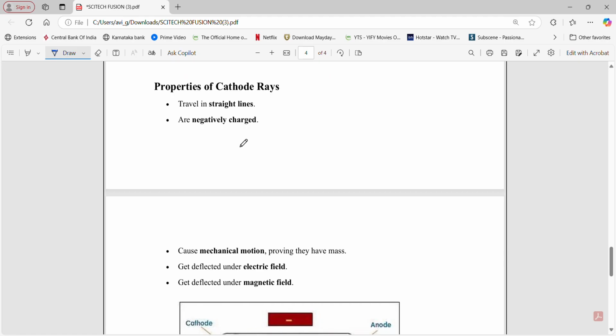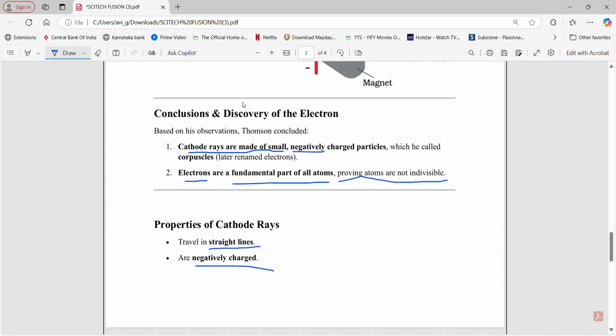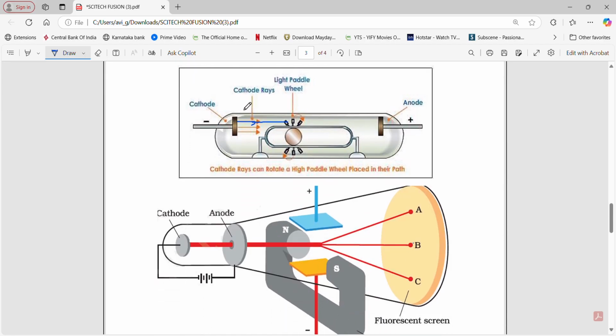And what are the properties of cathode rays? The properties of cathode rays are that they travel in a straight line, they are negatively charged, and they also cause mechanical motion. Here in this diagram you can see that they always travel in a straight line, and in this setup there is a small light paddle wheel. When these cathode rays strike this paddle wheel, the paddle wheel turns, which is due to the mass of the cathode rays,